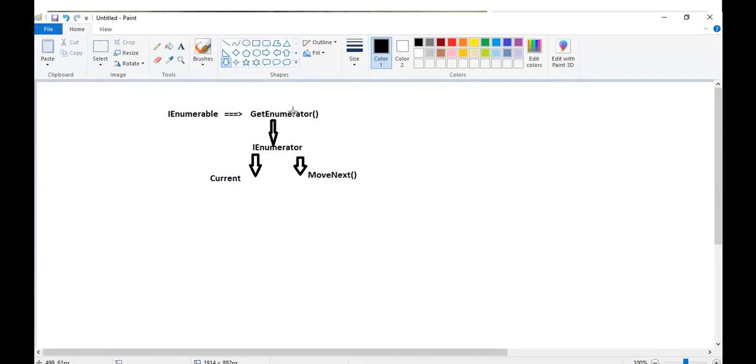This GetEnumerator method will fix the boundary, meaning the last element will be decided over here. Then to actually move from the first element to the last element using IEnumerator, the functionality will be followed. And to do this, IEnumerator contains the Current property and MoveNext. So let's use all of these in our array so that we understand how IEnumerable works internally.